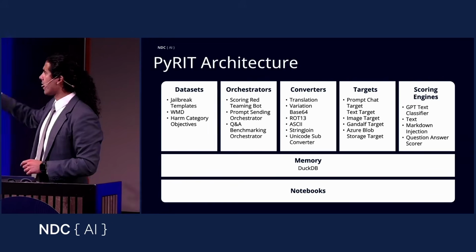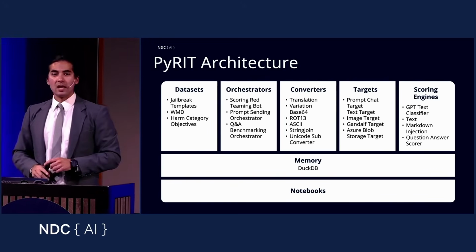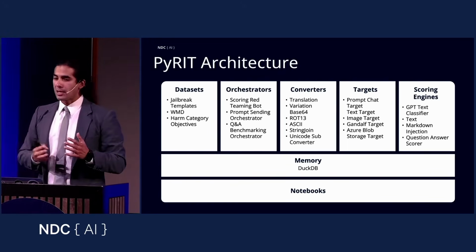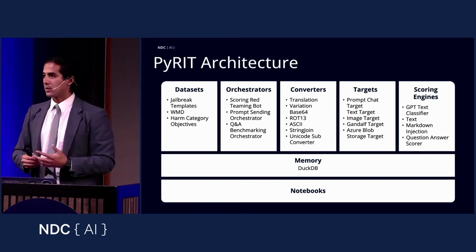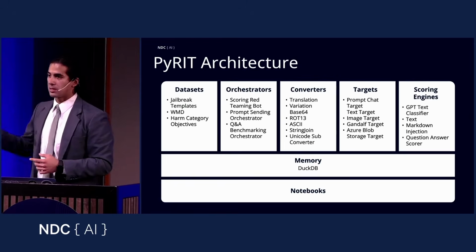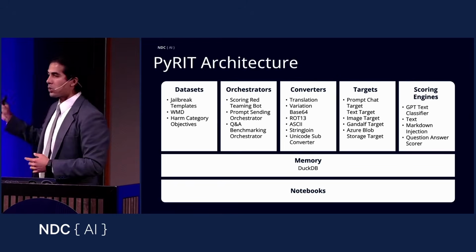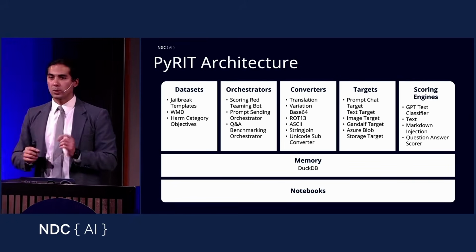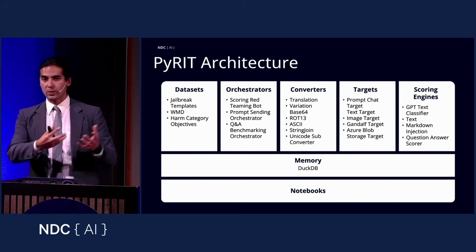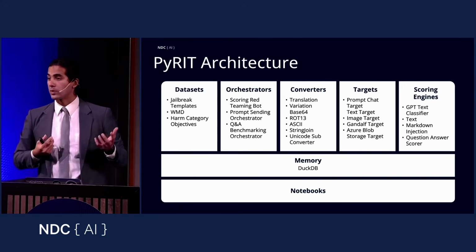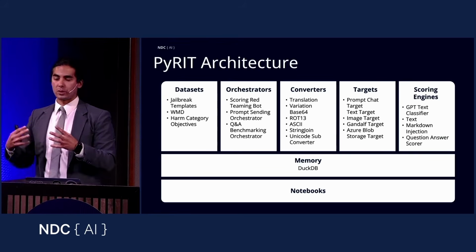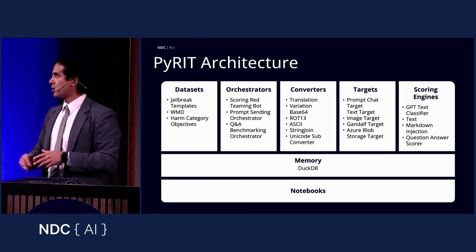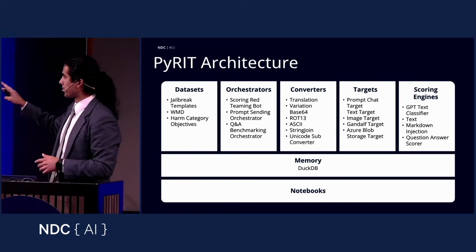And then lastly, we have the scoring engines. As you're doing this AI red teaming yourself, you'll notice that doing the scoring bit is surprisingly difficult and challenging. There are a lot of nuances in getting input from different sources and scoring whether you've met an objective or whether there's a specific type of information there. So we've put in a lot of work to create these scorers.